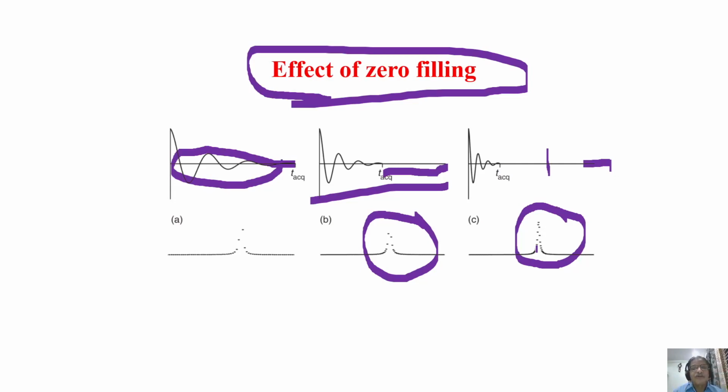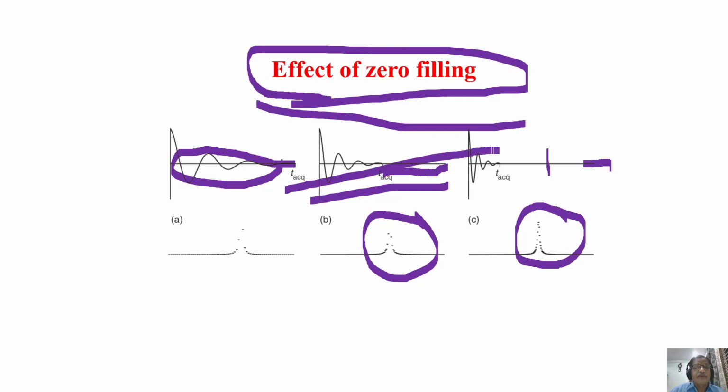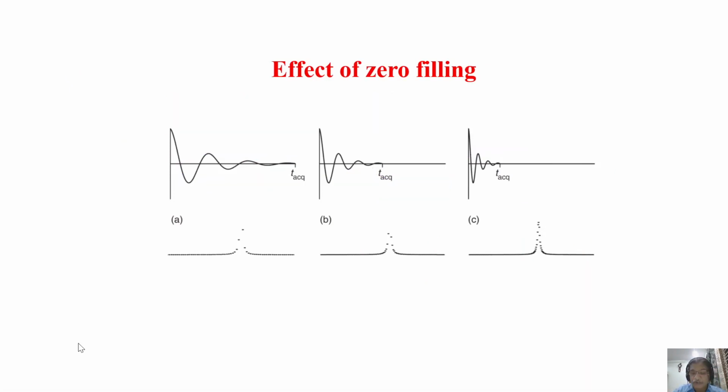This is analogous to zero filling. There, literally, you can increase the time domain points. If you cannot increase the time domain points, at the time of processing you can add zeros at the end. Why? Because if you increase the time domain points in real time, at the time of acquisition of data, your acquisition time increases. You have to acquire the data for a longer time. You don't need to do that. If your FID has died down like this, you acquire data up to this point only, for this much time. The rest you add zeros. This is a faster way and a better way also. This is another point to play with the time domain data. You can judiciously decide what you want to do.